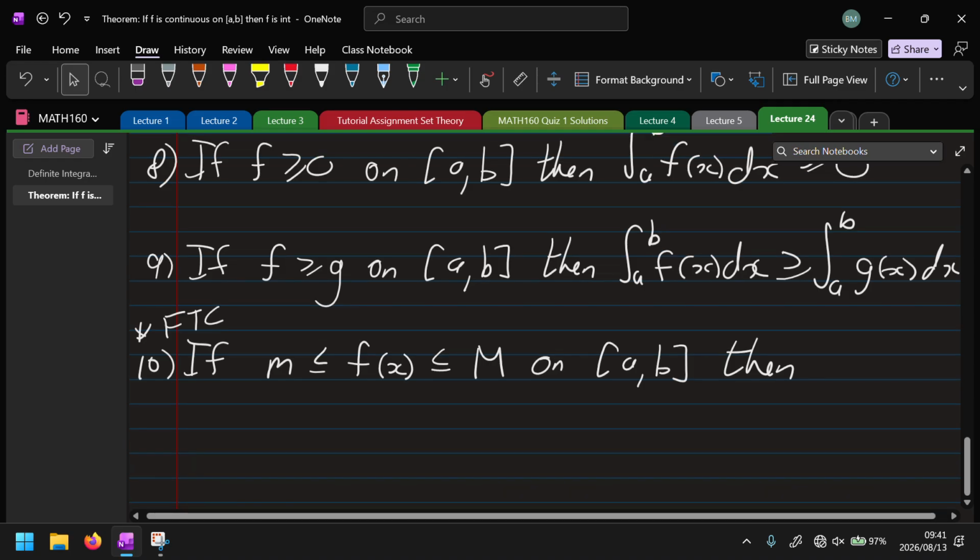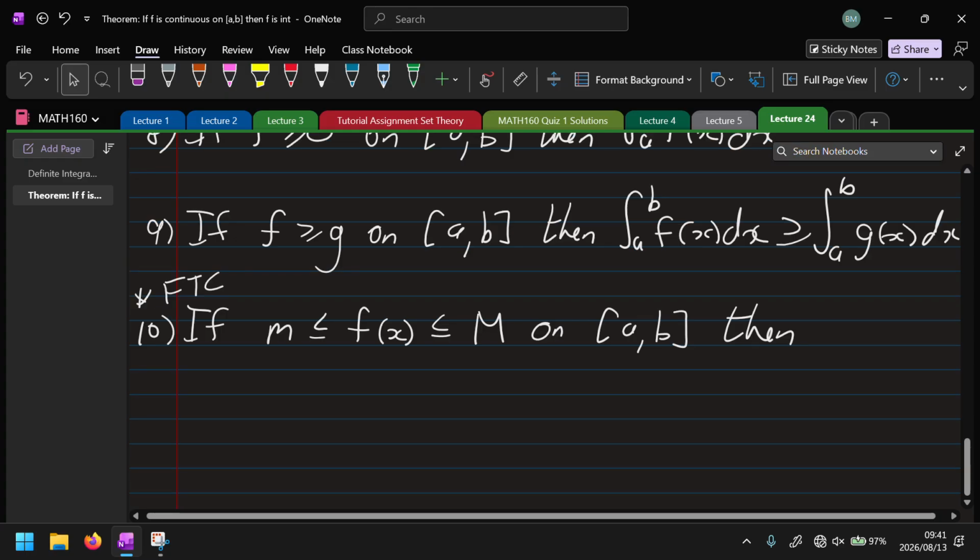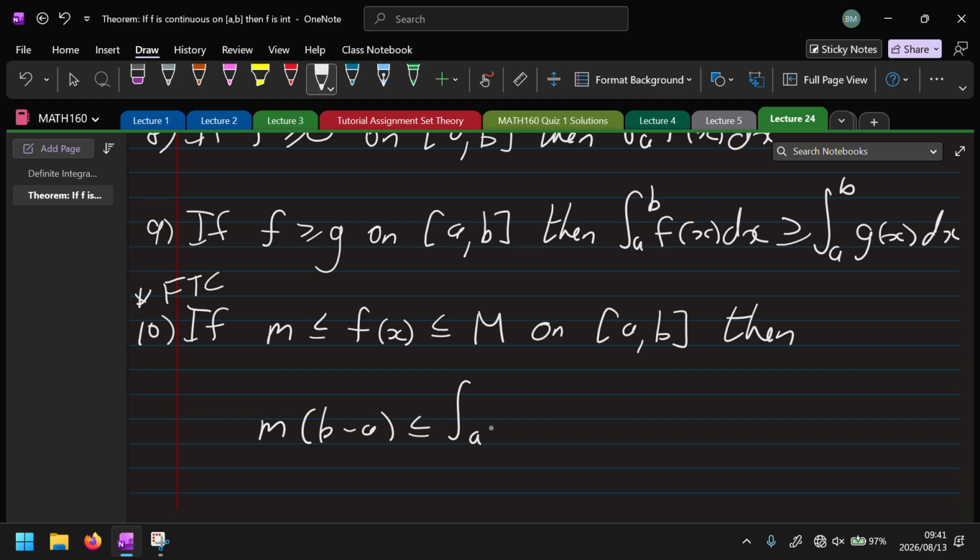Okay, so F is between little m and capital M. I like this notation here because little m is the lower bound, so it's small, and then capital M is the upper bound, so it's big. But you don't have to use that, but that's the standard. Then we have little m times b minus a is less than or equal to the integral from a to b of f of x dx, which is less than or equal to capital M